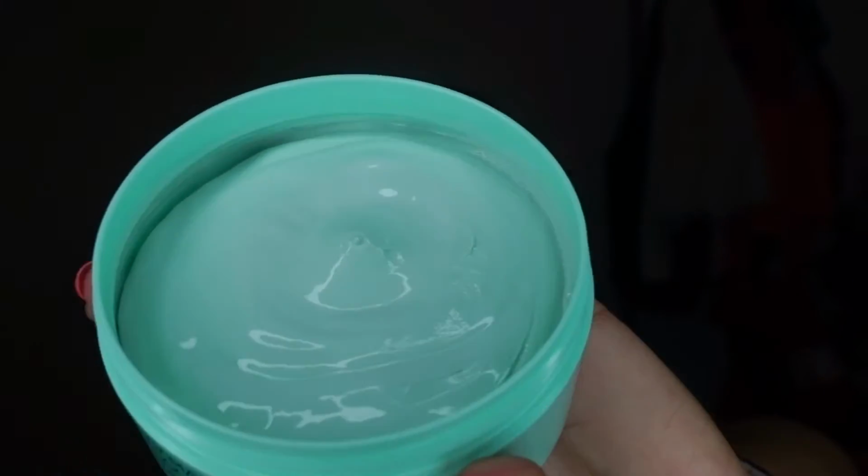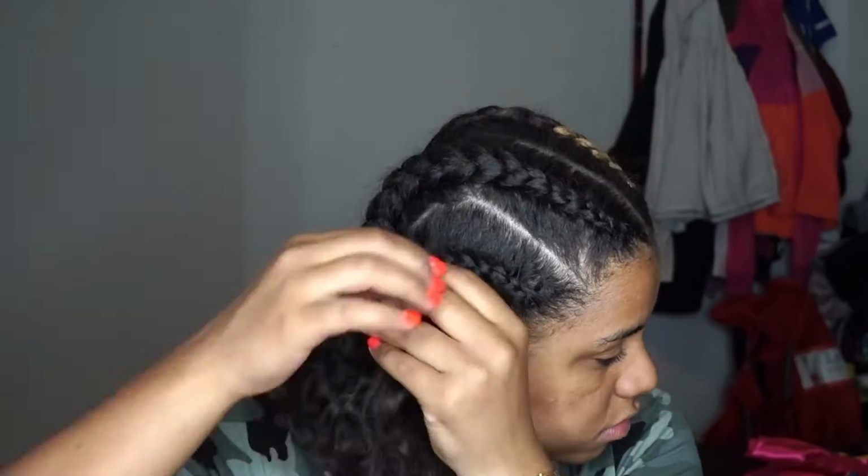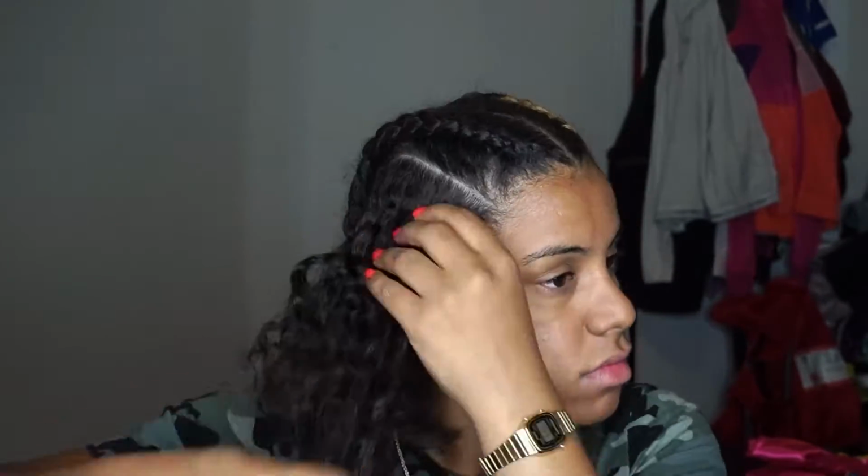So here is the texture. It's really like a normal clay mask, but it's really for the hair. So first of all, I'm gonna start by taking off my braids to show you my hair before I